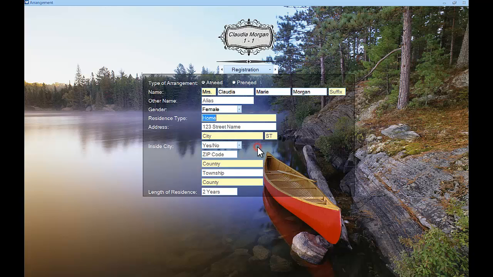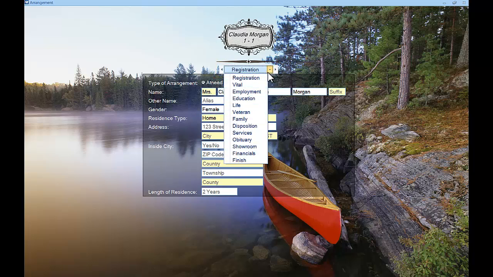And then we're going to move on to the next page, which is the vitals. You can either click the arrow on the right at the menu at the top, or choose the vital page from the drop-down menu. All screens are listed in this menu. You can move to any screen at any time. For the purpose of this demonstration, though, we're just going to stick with the next in sequence and move to